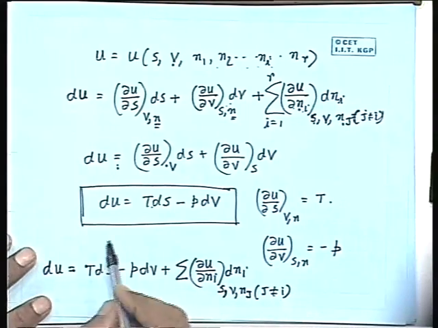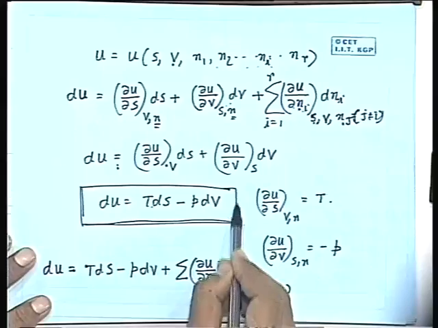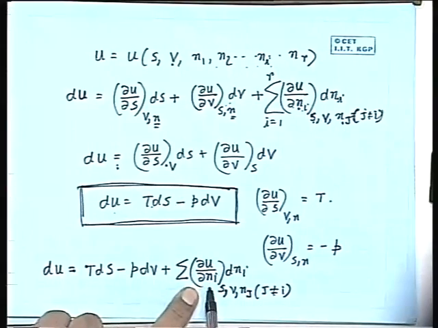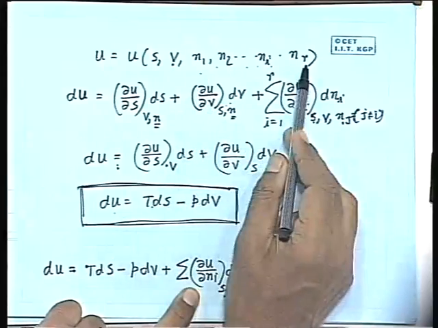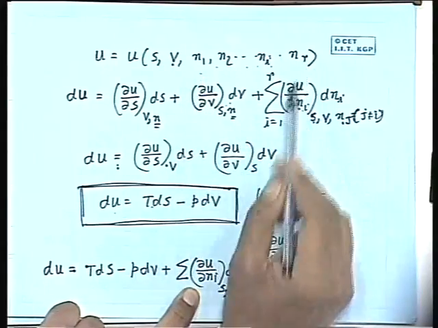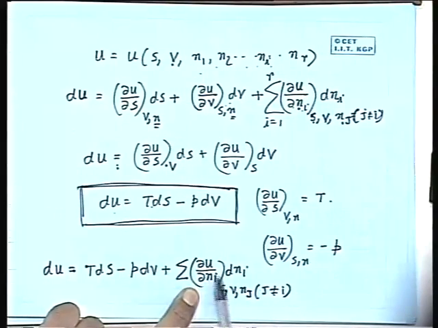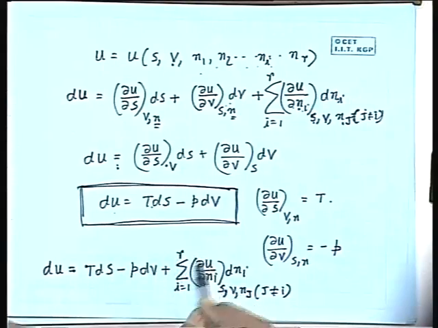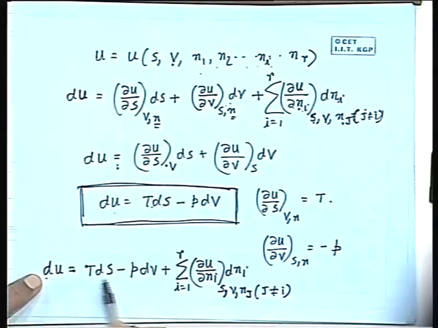So, therefore, we see for a single component system, this is the property relation, and if we have a multi-component system, the same property relation can be written with an additional term on the right hand side, besides TdS minus PdV. When the compositions do not change at all in a multi-component system, it behaves like a single component system, and these terms are 0, all the terms are 0. This is sigma i equal to 1 to r, and then simply du becomes TdS minus PdV. All right. Now, let us